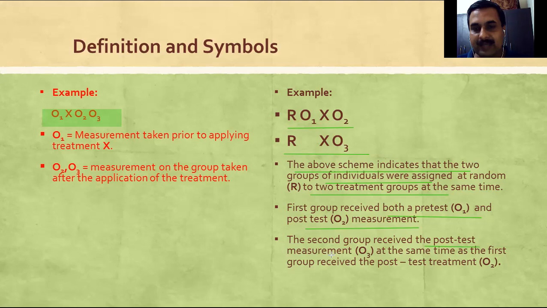So if you want to calculate the impact of sales training, we are just going to take the difference between O3 and O2. We'll come to know the impact of this X, or exposure, if we measure it, because in the first group the same exposure was given, and in the second group the same exposure was given. But in the first group, O1 was taken before the exposure was given, and in the second group, no prior observation was taken. So if you want to check the basic change which has taken place due to this exposure, we are going to measure O3 to O2.